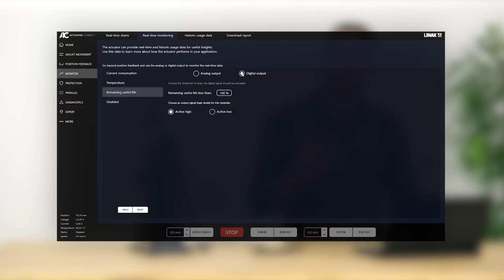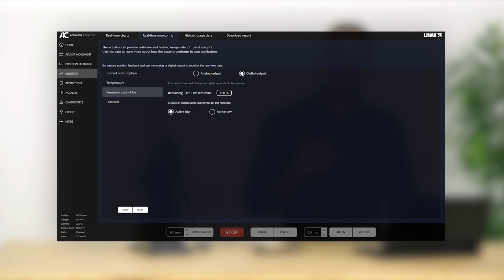If you have an I/O actuator with a brushed DC motor, Linac has developed an algorithm which estimates the remaining useful life. This feature can be used as a guideline for how long the actuator remains fully operational, measured in a percentage. If the actuator is brand new, it'll start with 100% remaining useful life, and this number will decrease based on the historic usage.